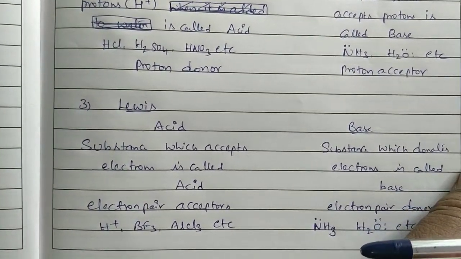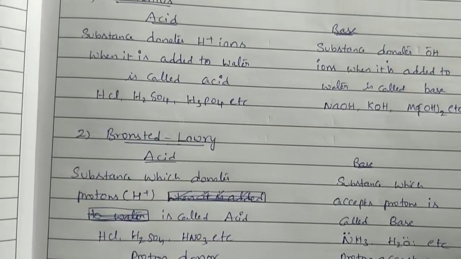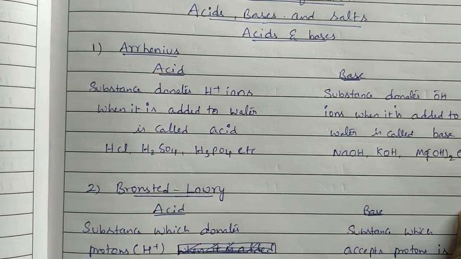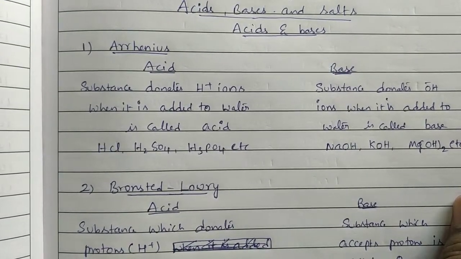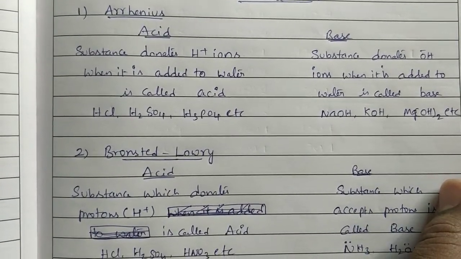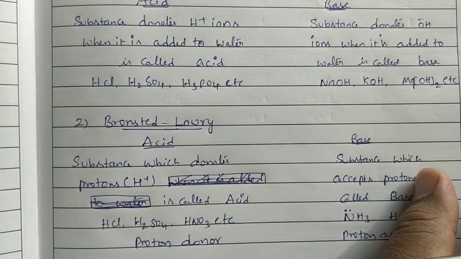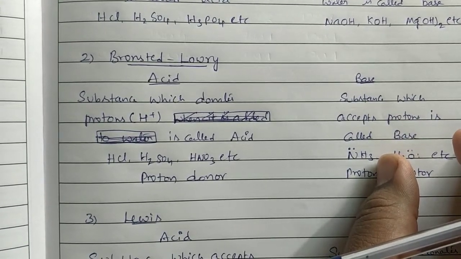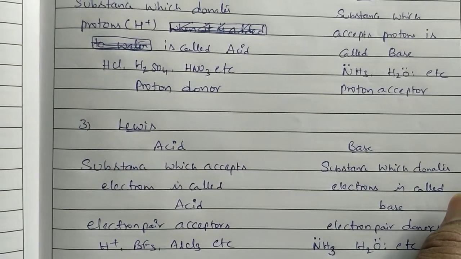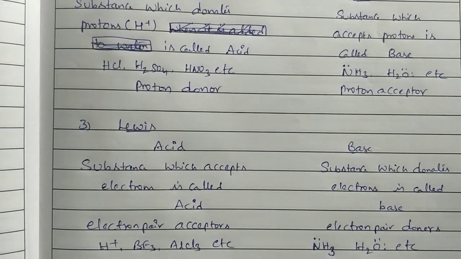Okay, this is about the first basic definitions of acid and base. First we kept the heading ionic equilibrium, acids, bases and salts. Under that, first we will study about acids and bases only. Under that, three definitions are there for acid and base: according to Arrhenius theory, according to Bronsted theory, and according to Lewis theory. After knowing the definitions of acid and base, our next side heading is ionic product of water.